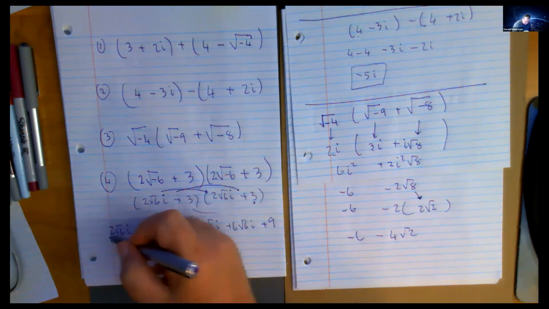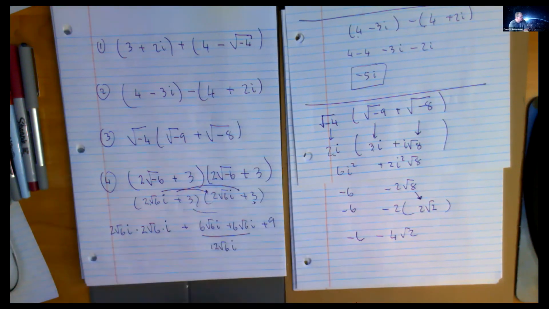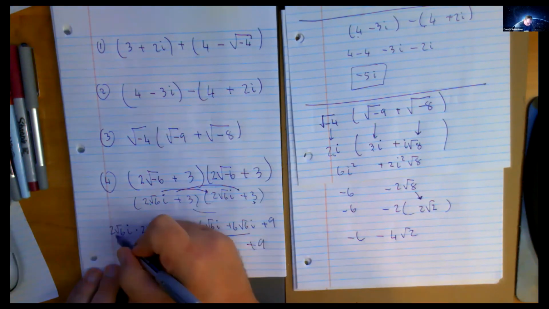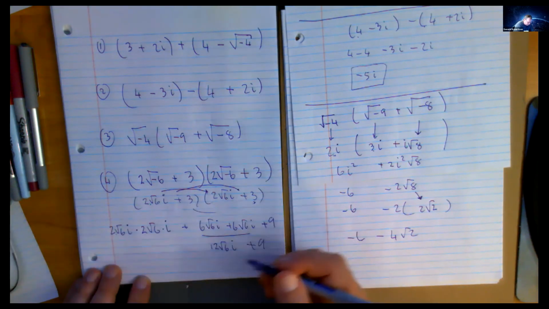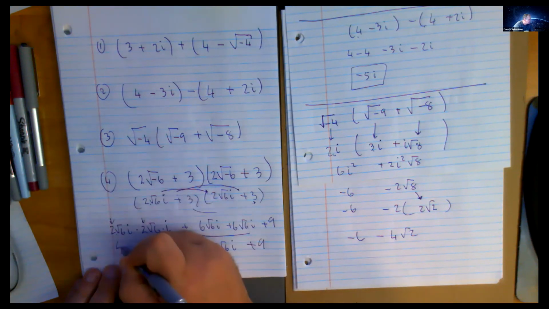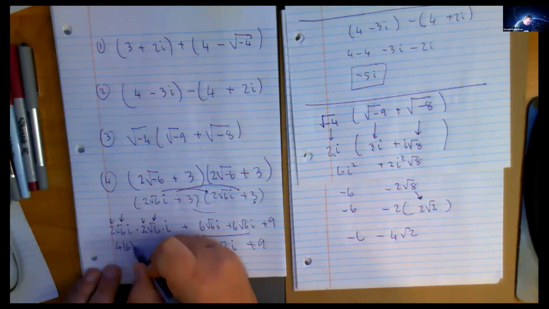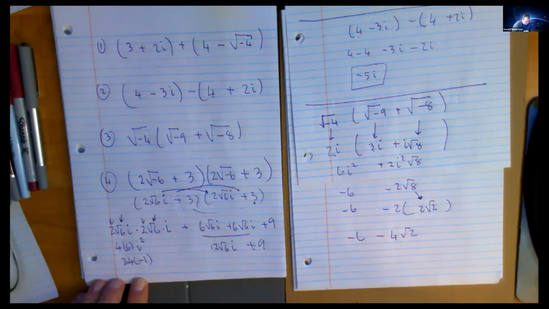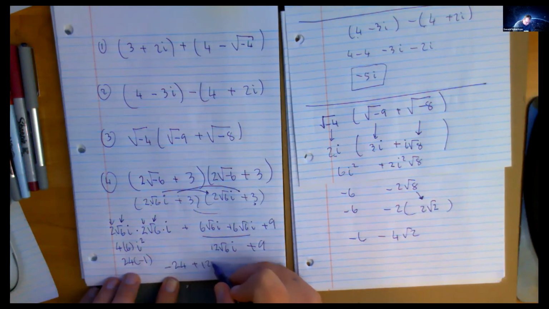And this one is a messy one. I think these guys are easy. These guys, you've now got 12 of them. So 12 square root of 6i. 9 I'll just leave for a minute. Okay. 2 root 6i, 2 root 6i. There's a lot going on here, right? Everything's been multiplied. So won't the 2 and the 2 get you a 4? And while I'm at it, won't the root 6 and the root 6 get me another 6? So that's basically 24. And won't the i times an i get me an i squared? But doesn't that get me negative 1? So what I end up with is negative 24, 12 root 6i